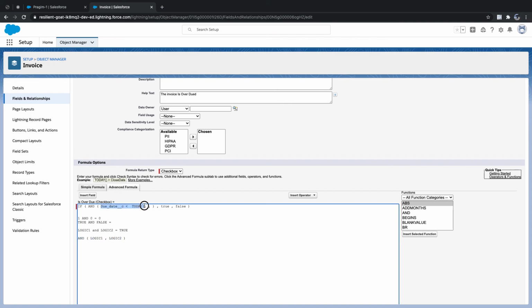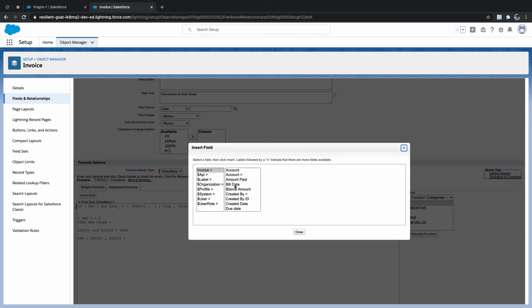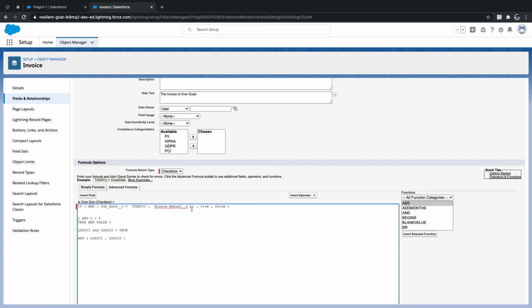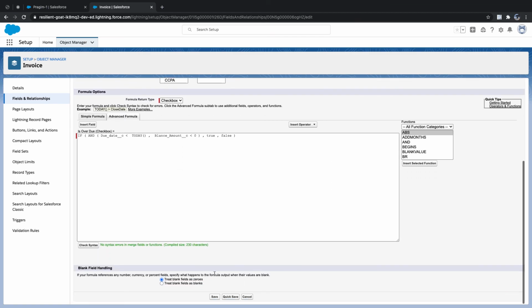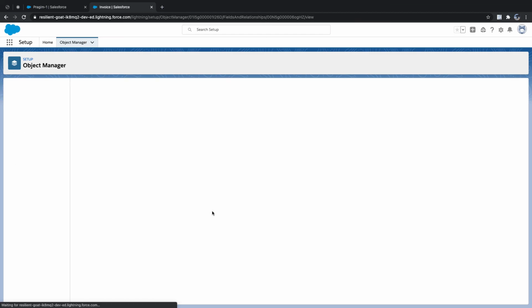That's what we're doing. This is my first logic, and my second logic I'll be doing here called bill date balance amount is less than 0, right? And I'll check my conditions. No errors. Save.